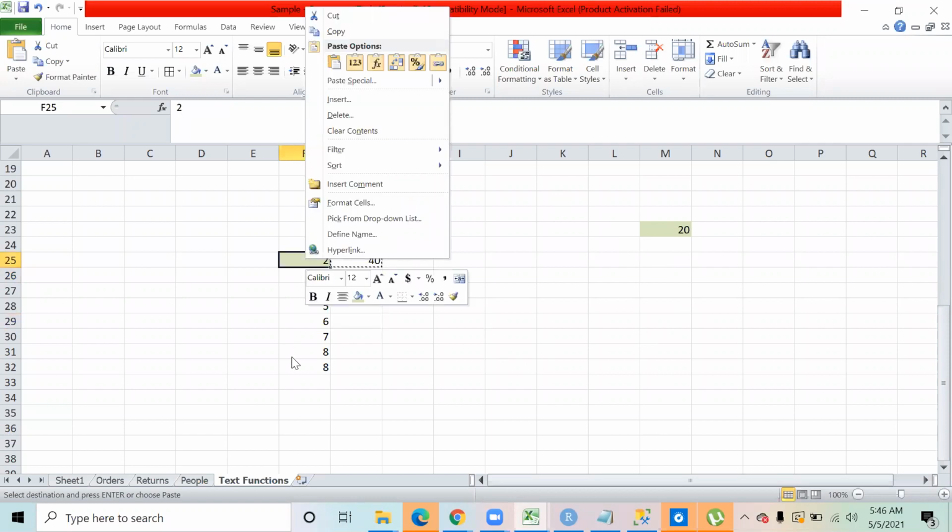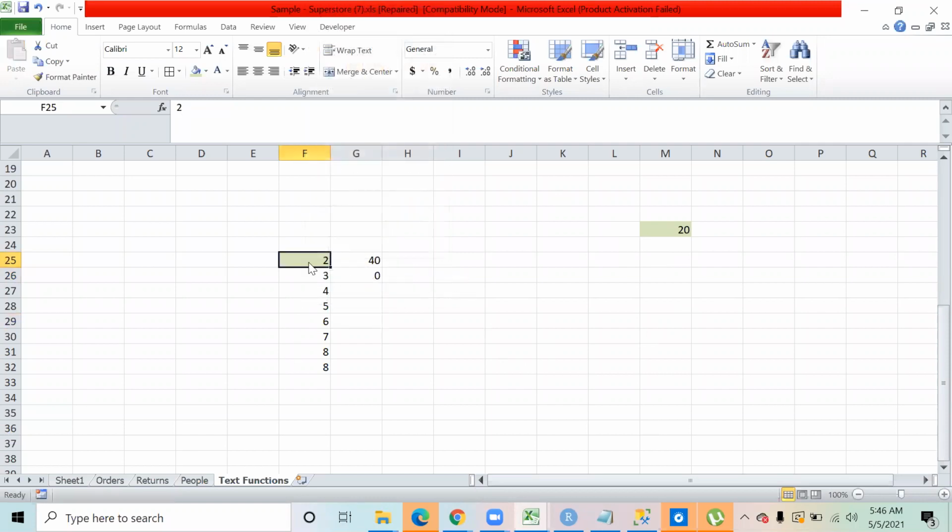Now, the only thing is, this is something wrong, because technically what should have happened is that all the numbers over here have to be multiplied by this number only. So that means if I copy this formula down, the row number for this cell should change, but nothing should change for this cell. This should always be M23 only, correct? Because if over here also it was M23 only, I would have got the correct output.